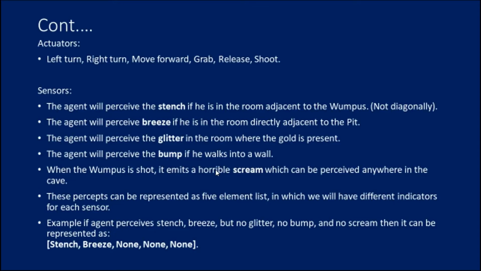So using left turn, right turn and moving forward, these are all the actions we can play in the 4x4 grid of rooms, using the actuators. We need to make a note of the conditions. A stench means the Wumpus is adjacent. A breeze means a pit is adjacent. Glitter means gold is present. A bump means he walked into a wall. Keeping all these conditions in mind, we want to solve the problem. Let me see in the next slide how to solve it using propositional logic. Thank you.